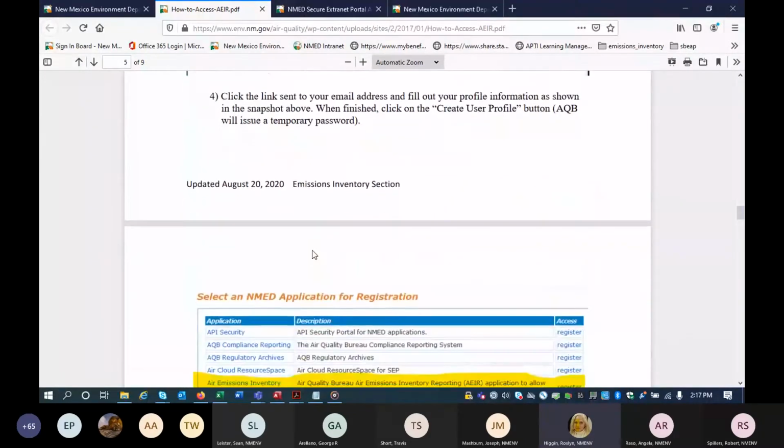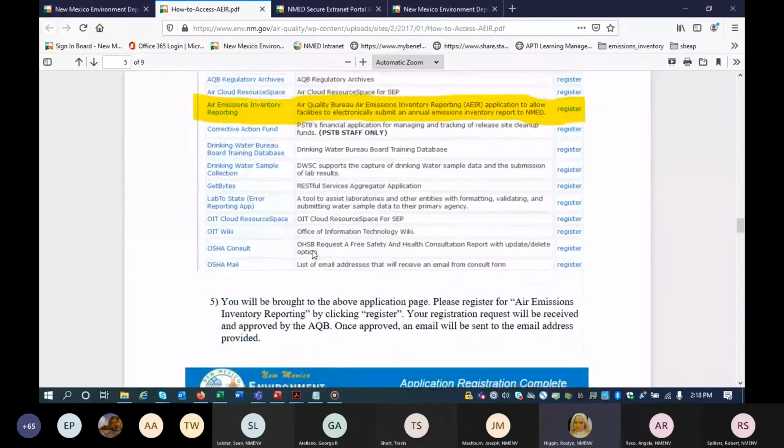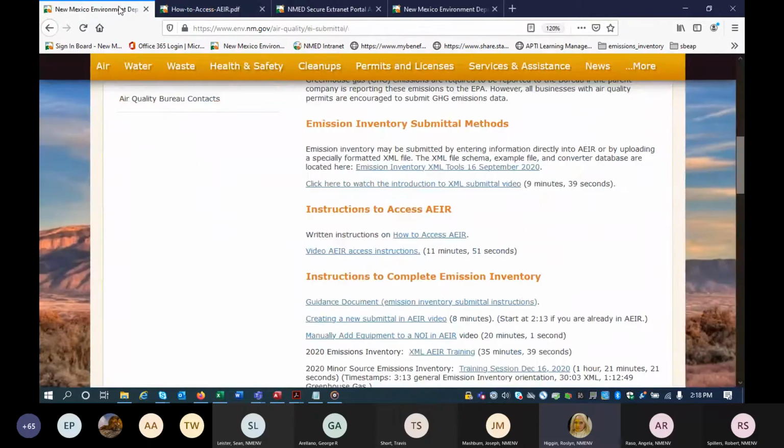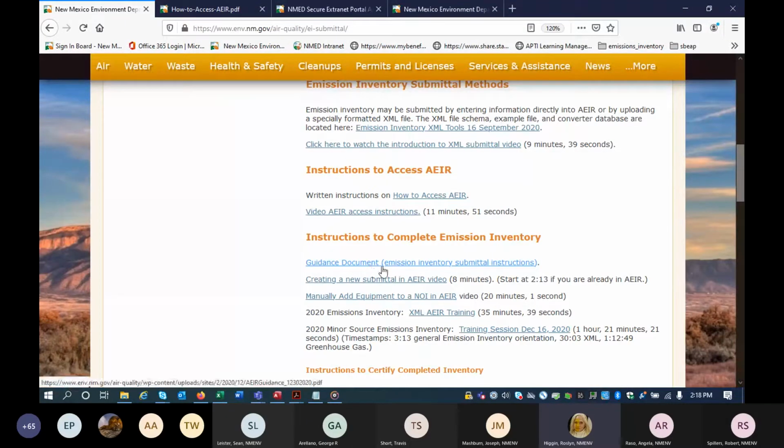And if you get any errors, the profile information you need to fill out, the application registration, where it is, what it looks like. So please go through that and make sure you have access to AEIR. That's number one, okay? And you register for a specific role. That's important. Okay, so now let's go on to the guidance document.